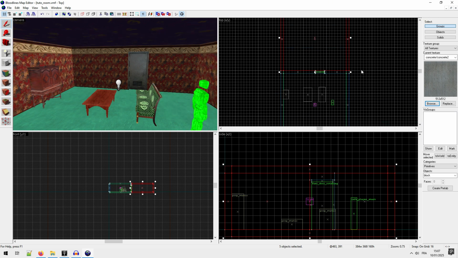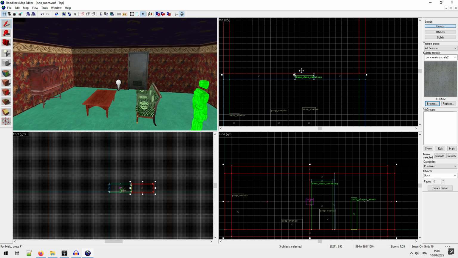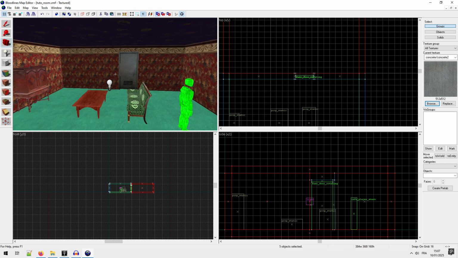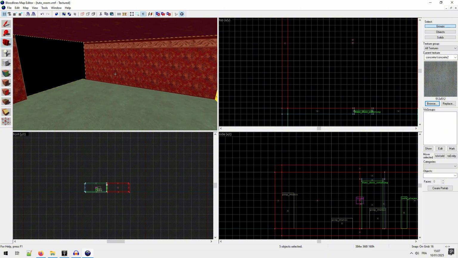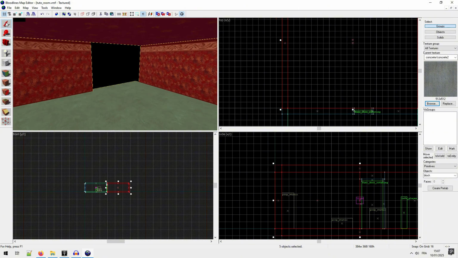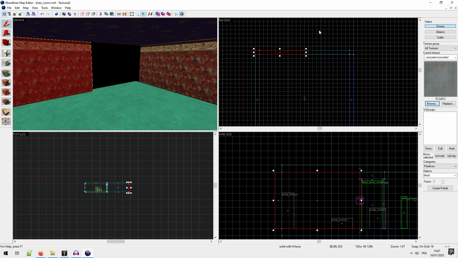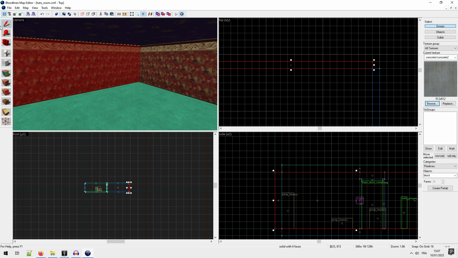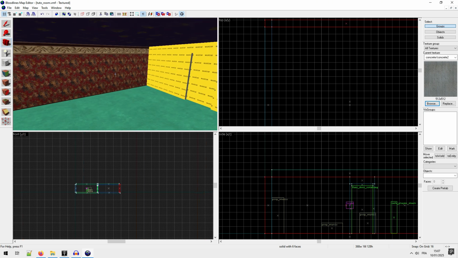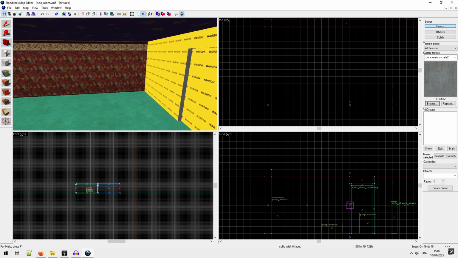So I will move it just above my small door, like this, and we have our second room. Okay, I select this one, and I just finish to enclose. And we have another room.